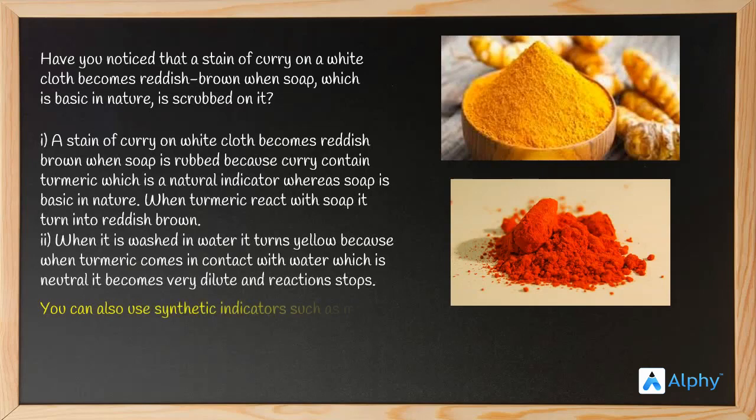You can also use synthetic indicators such as methyl orange and phenolphthalein to test for acids and bases. So you can say that indicators are divided into natural indicators and synthetic indicators. Natural indicators are those which we have already found ready-made from nature, while synthetic are those which we made in laboratories. Methyl orange is one of the synthetic indicators. Methyl orange is basically orange in color, and it gives a color change in presence of acids, bases and neutral as